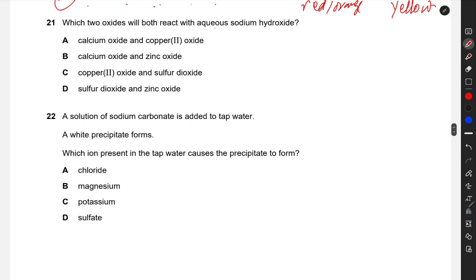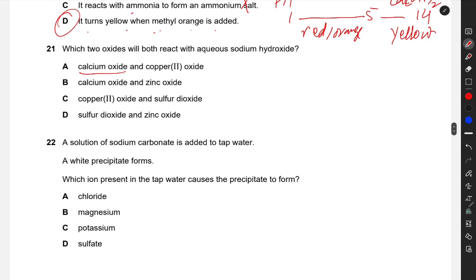Question 21. Which two oxides will both react with aqueous sodium hydroxide? Calcium oxide. Calcium oxide is a basic oxide. Sodium oxide is basically an alkali, and copper(II) oxide are both basic oxides, so they cannot react with sodium hydroxide. Calcium oxide and zinc oxide. Calcium oxide can react, but zinc oxide is